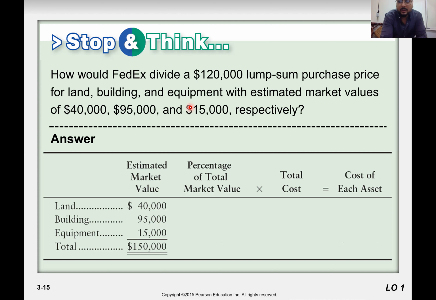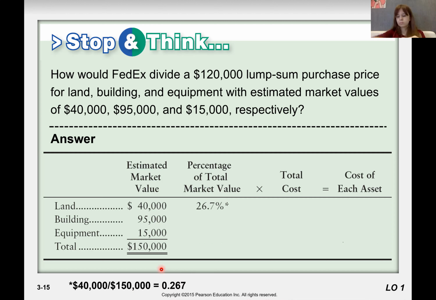Add these: 40,000, 95,000, 15,000. So the answer total is 150,000. Now you need to find out the percentage of total market value. And how do you calculate that? 40,000 divided by 150,000. Here, the answer is